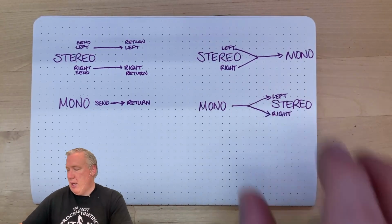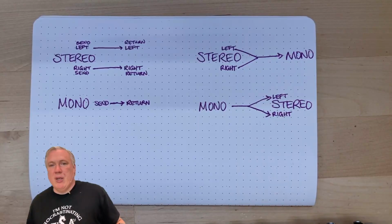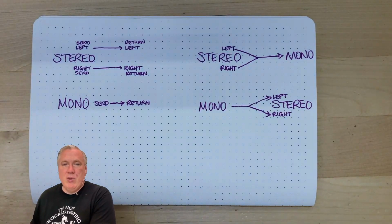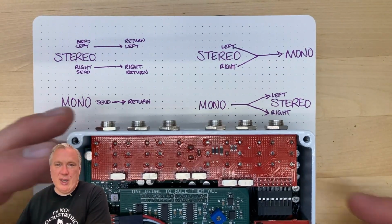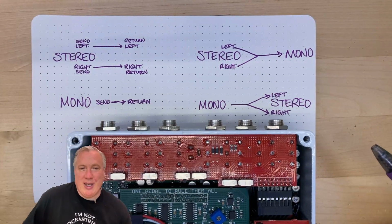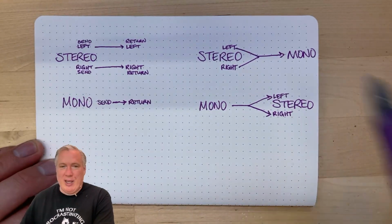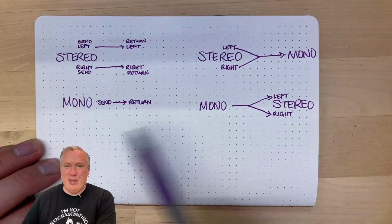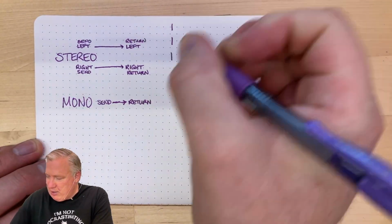stereo. And in the standard Klein Bottle, which I have one of the final prototypes here, the way that you do this is via this internal switch that, unfortunately, if I did it again, I would relabel. Because as you can see here, it's labeled stereo and mono, but there are all these different scenarios. And in this standard version,